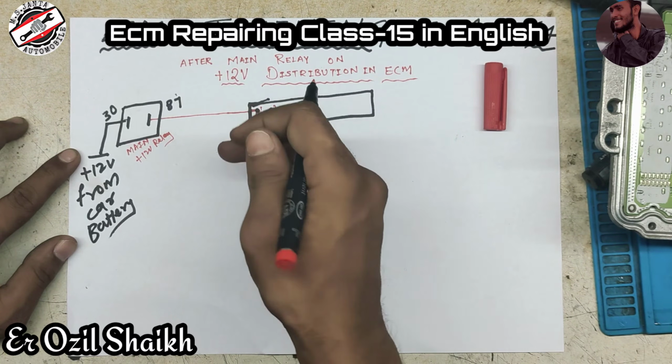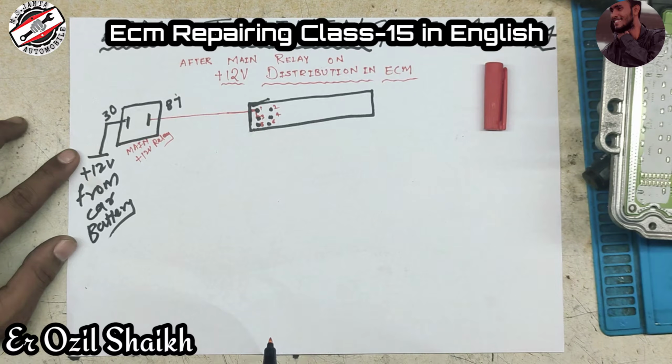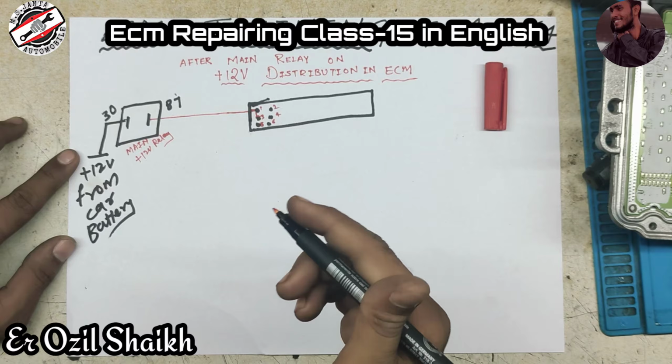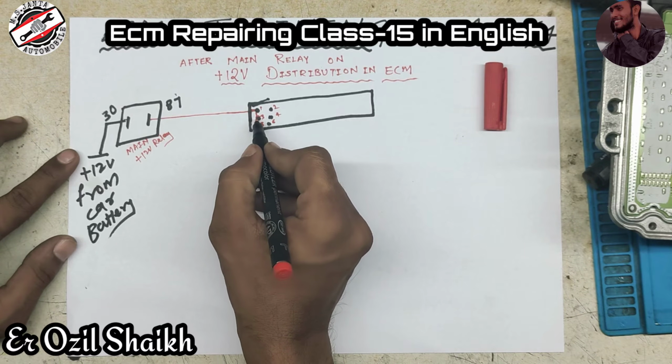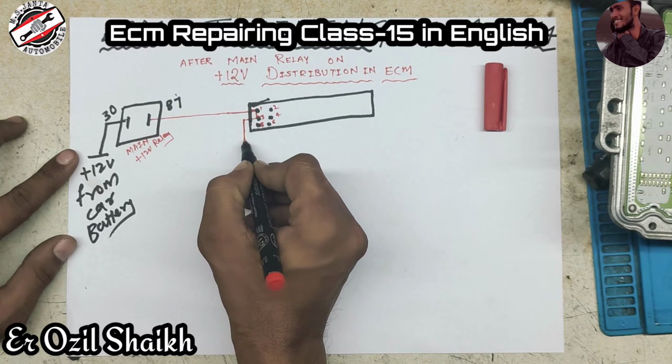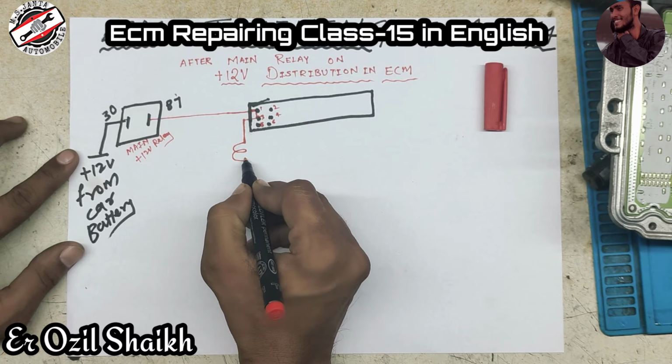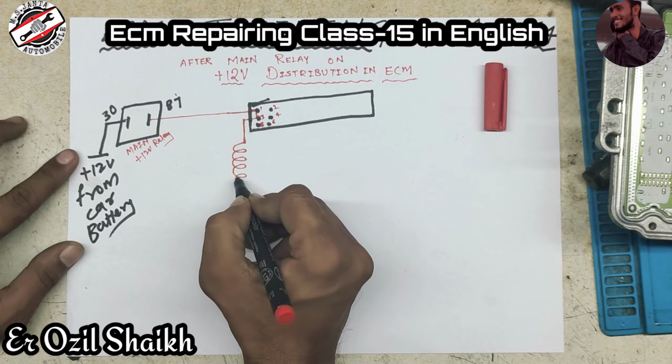It can be reversed also. The relay works like a switch, so that's why we call it an electromagnetic switch. So when this voltage comes to the ECM pin,